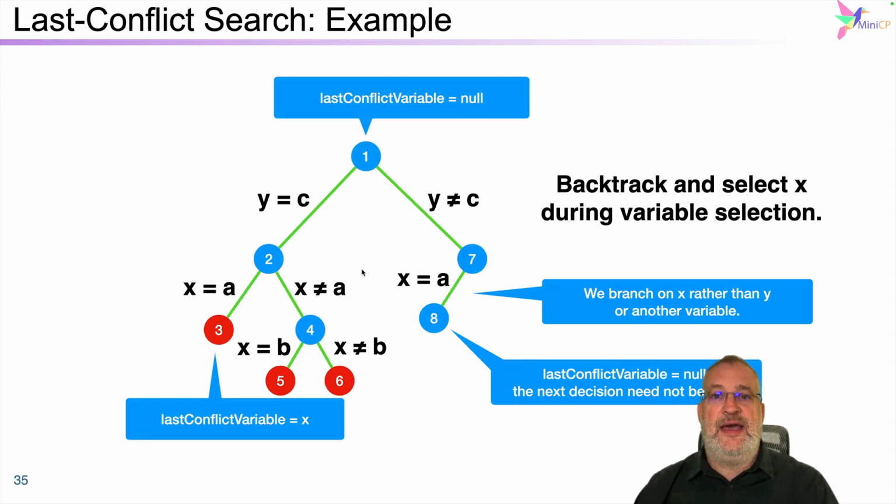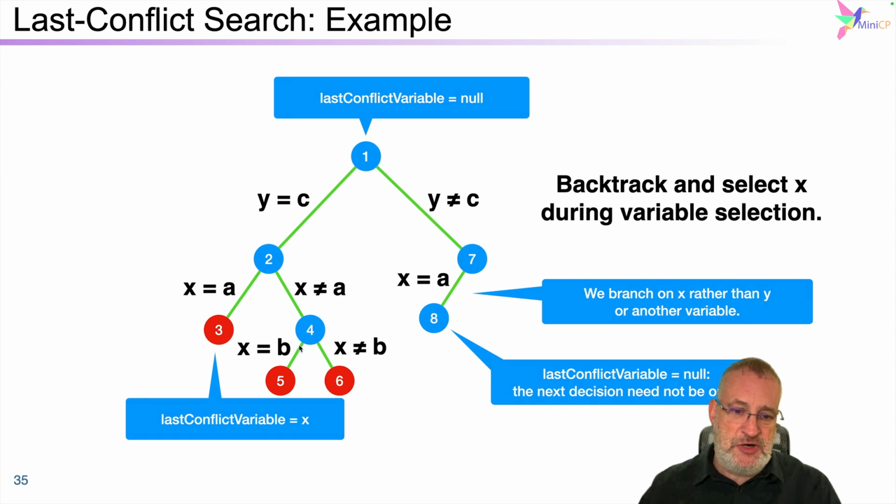So if we look at an example, we start at the root node 1, we go down and we pick a variable y with the fallback heuristic and we branch on it, assigning it value c. We're now in node 2. In node 2, we make a branching decision and we branch on variable x, fixing it to value a, and we reach node number 3, which has a violation. Because it has a violation, we will remember that the last conflicting variable was x. When we go back up, we of course say we can't take value a, right? Because that's the only alternative. So we do that, but then we branch on x again,